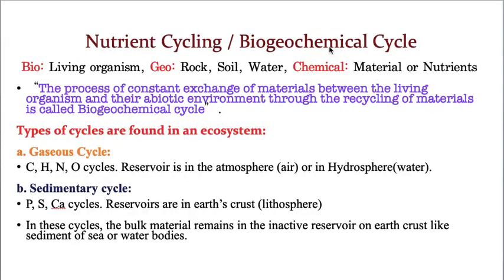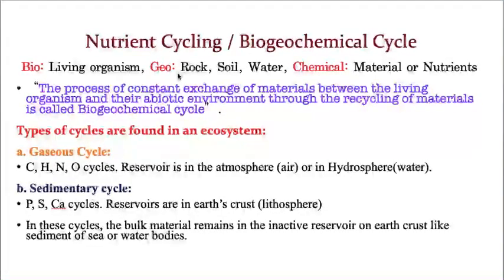Now soil, sometimes water also. Soil and water, I mentioned, is geo, and it entered into the producer, that means the plant. Now what is the plant? It is biotic. Then it entered into the consumer, of course the primary consumer, that is the herbivore. And then it enters the next level, that is the decomposer. In this example the plant is biotic, the cow is also biotic, and the decomposers, that means microorganisms, are also biotic.